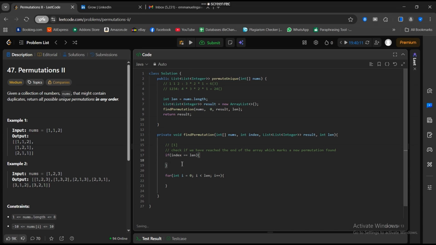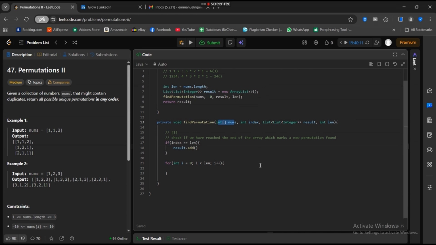What is going to happen is we're going to add, okay, I'm going to do result.add, and we have to add this num, right? And there is also something: we cannot add this num like this, because we're adding to this list, and this list requires a list of integers. In order to convert this to a list of integers, we need another helper function, which is private